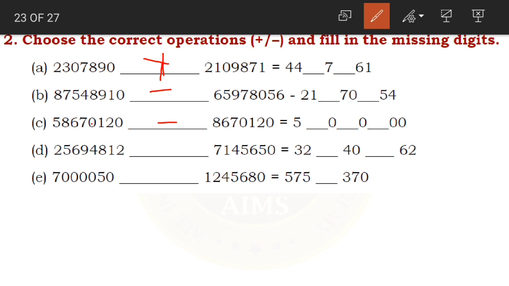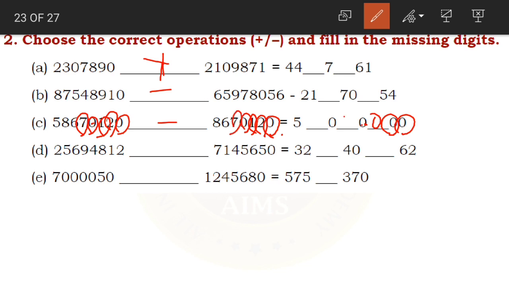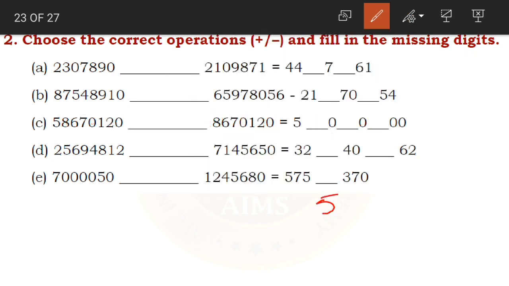Again here we can do the subtraction here itself, or write the numbers down and do. 0 minus 0, 0. 2 minus 2, 0. Then 1 minus 1, again 0. 0 minus 0, 0. Sorry, 0 is already given here, right? Yes. Then 7 minus 7, 0. 6 minus 6 is 0. 8 minus 8 is 0. And 5 is written as it is, because we do not have anything to subtract from 5. Understood children? See, let me write it here and explain.